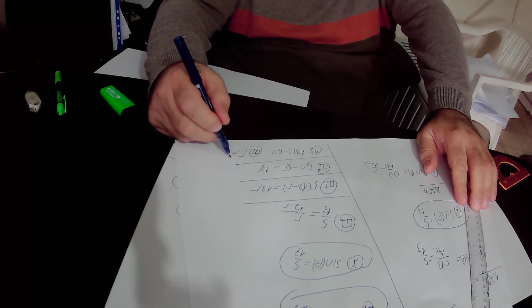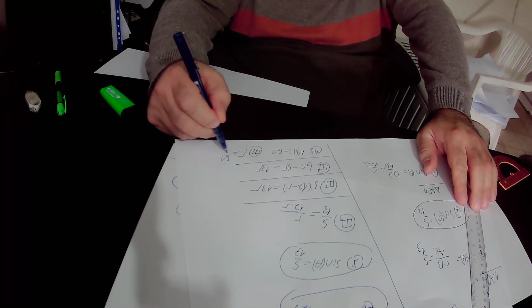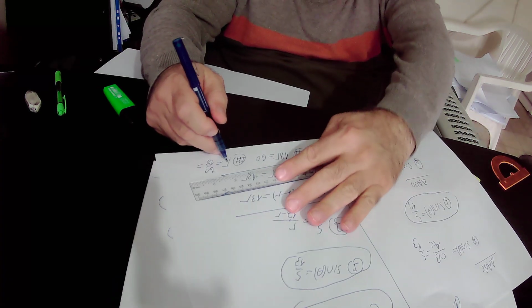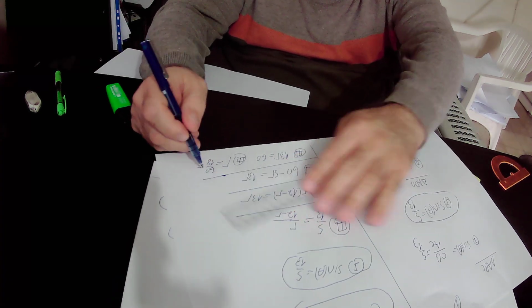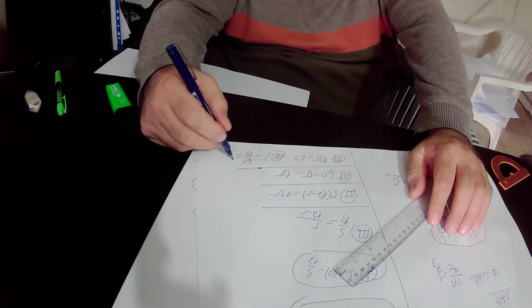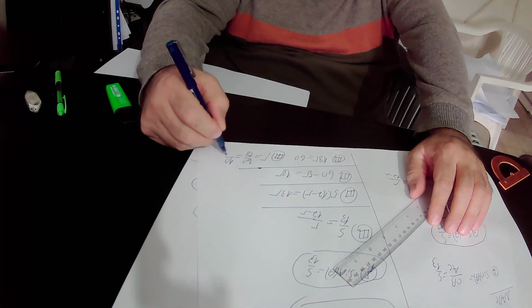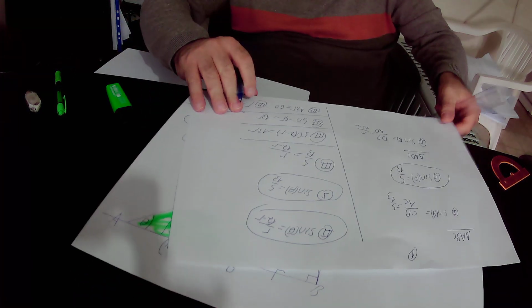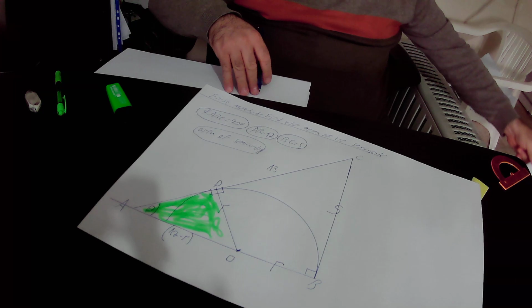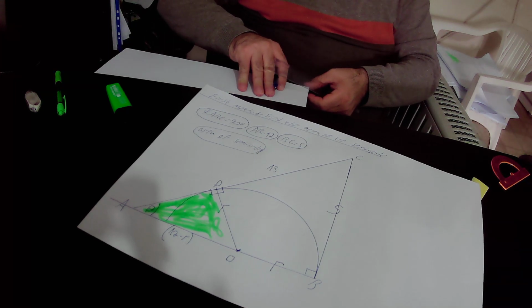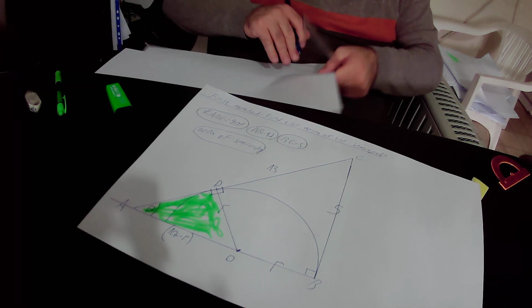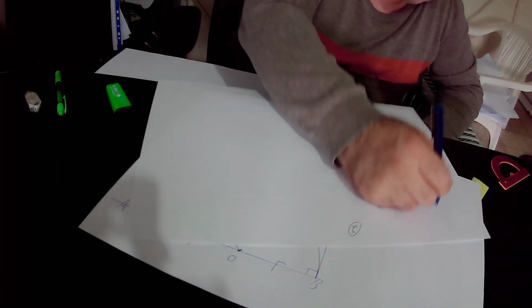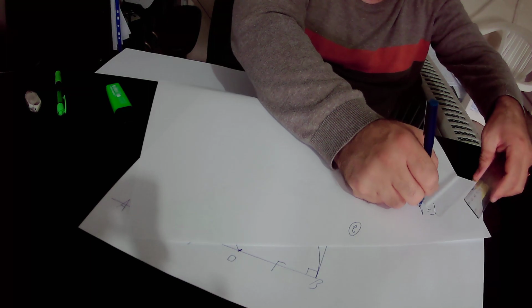Here we will divide both the numerator and the denominator of this number by 6. 60 over 6 is 10, and 18 over 6 is 3. So in conclusion, we found out that the radius of the semicircle is equal to 10 over 3 units,